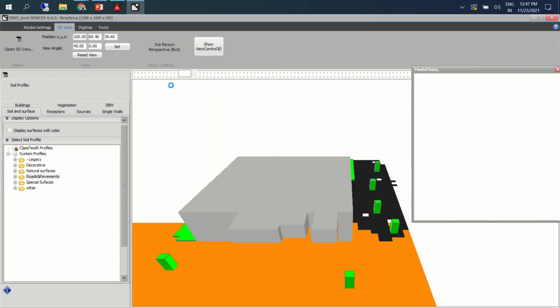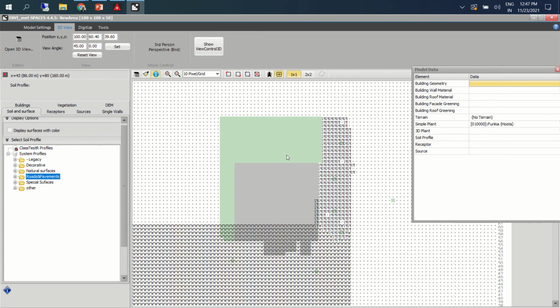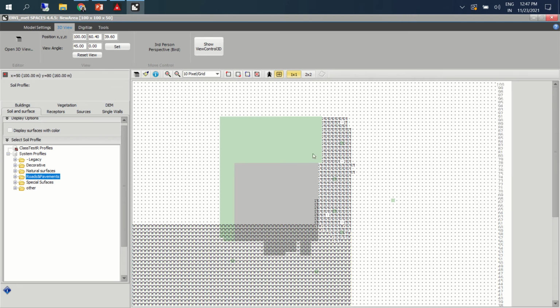So this is how it looks as of now. We have some building and we have some paved area and so on and so forth. This is very random. How do we bring in and how do we use some base reference and then model it? That will be more appropriate, isn't it?